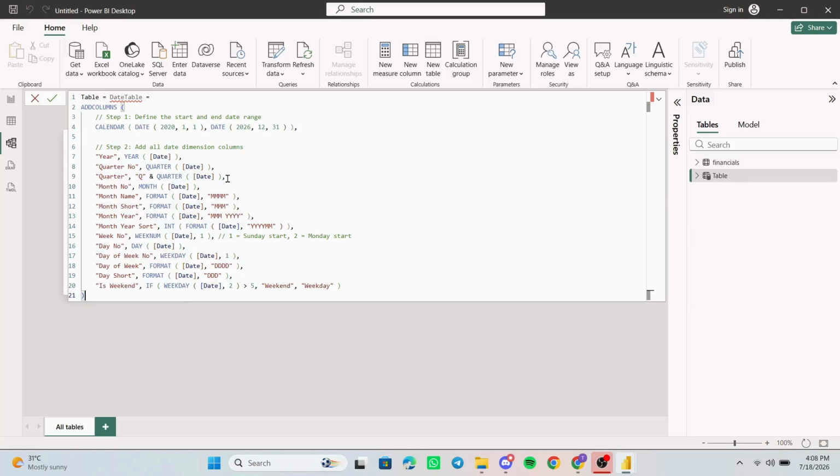Now let's move on to the months. Add MonthNo using the MONTH function, and for a more user-friendly format, include MonthName using the FORMAT function to display the full month name. You can also add MonthShort with the same FORMAT function to show the abbreviated month name. To sort the months correctly, include MonthYearSort using the INT function with the FORMAT function to create a